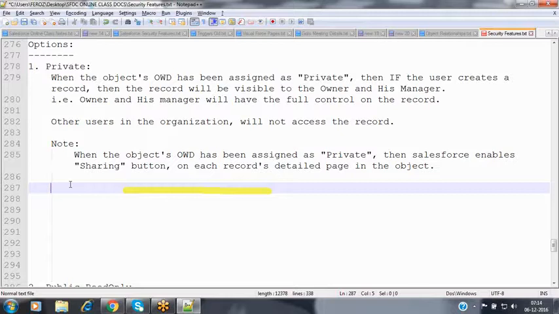Sharing settings. So what exactly are sharing settings? How can we share the record? Whenever you grant access on your record to other people, what level of access do you want to grant? Do you want to grant read-only access or read-write access? Then how can we grant visibility to a single user? How can we grant visibility to a group of users? By using a manual process and by using an automated process, both we'll see practically in tomorrow's session.